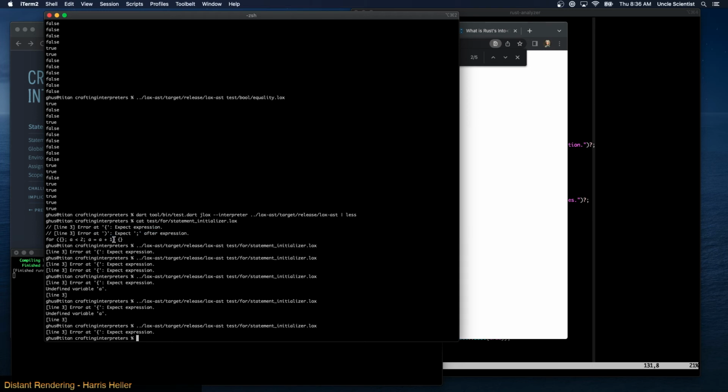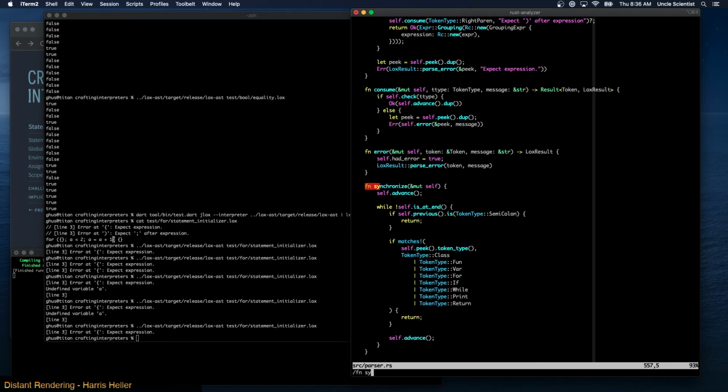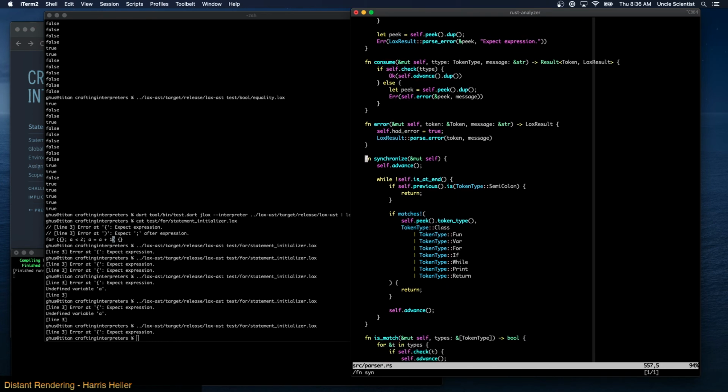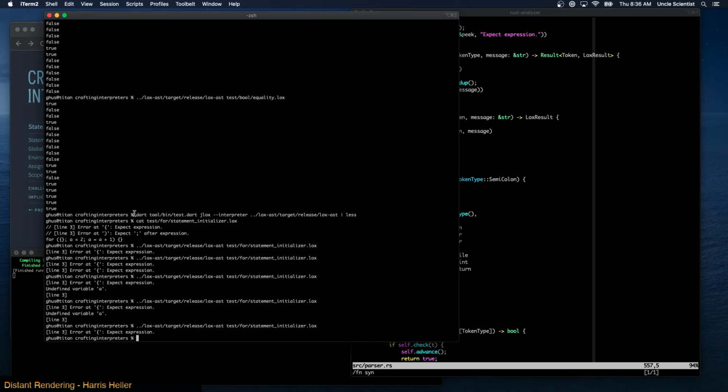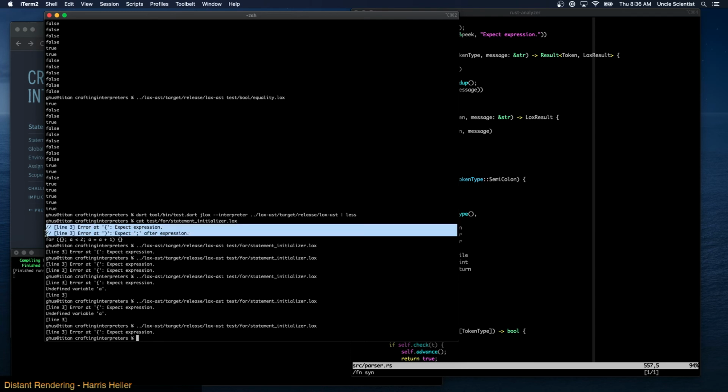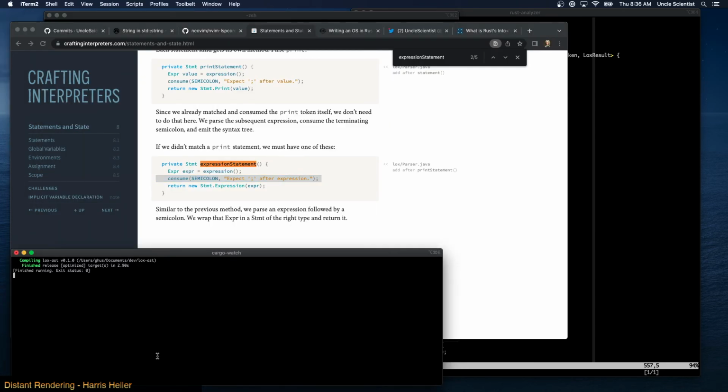Huh. So maybe our synchronized code is bad. If we see a semicolon, we return. If it matches any one of these guys, we return. Otherwise, we advance. Yeah, I don't know why we would get both of these errors. That's confusing. All right.